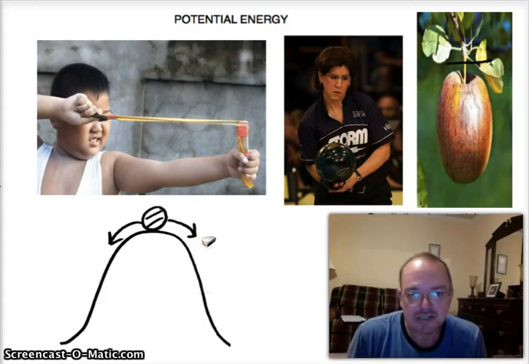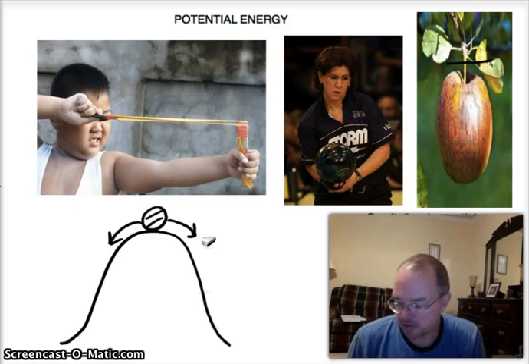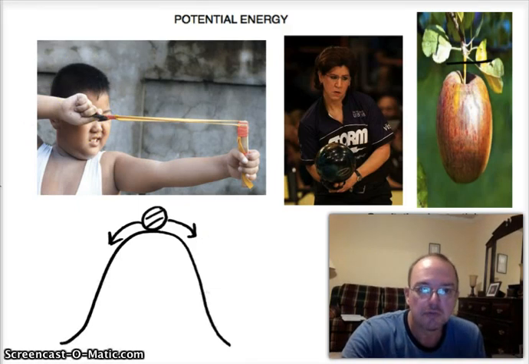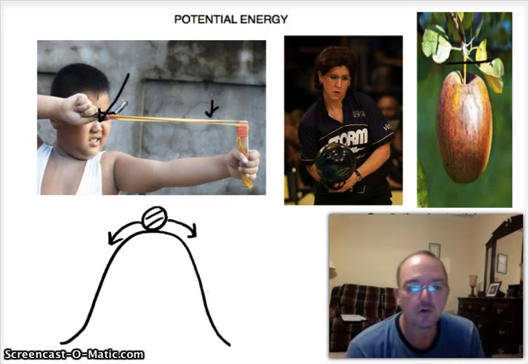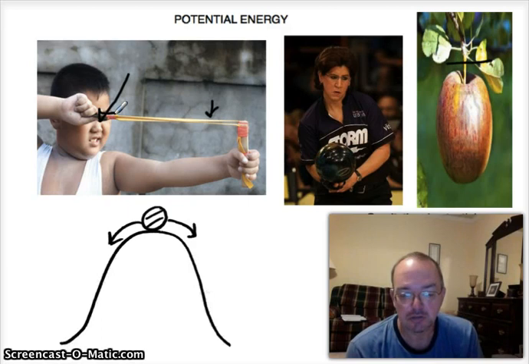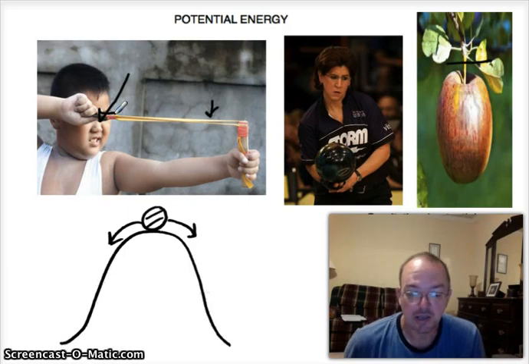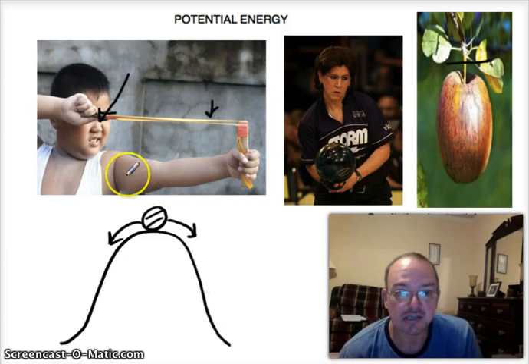So when you're doing a slingshot like this, you're actually transferring energy. You're transferring energy, first of all, from you, the boy in this case, to the rubber band. So we have an energy transfer from the boy to the rubber band, and then when he lets go, the energy will then be transferred from the rubber band to the rock or the stone that happens to be there. So when work is done, energy is transferred or transformed. And one way to define energy is that energy is the ability to do work.